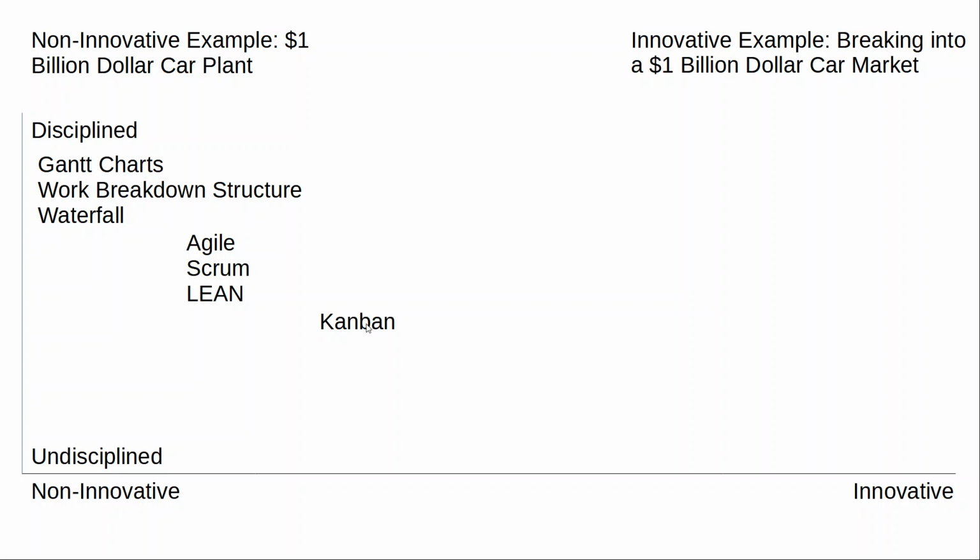You still have a discipline. Kanban definitely has discipline. But you also have a lot more room to do exploration and figuring things out and just trying stuff. So you're kind of more and more innovative. So now what if we go totally chaotic, random, unplanned, just whatever, whenever, hey, I see something, hey, let's